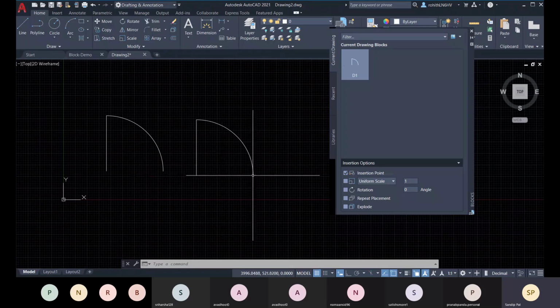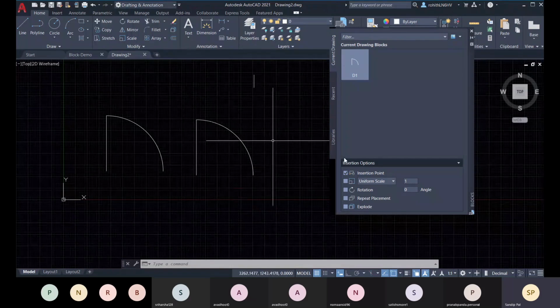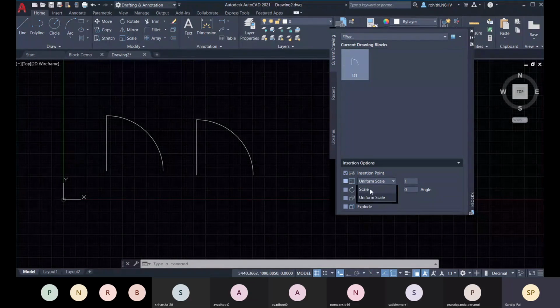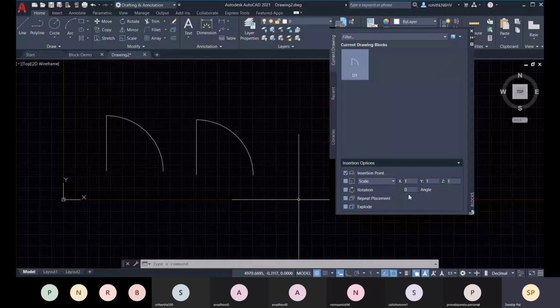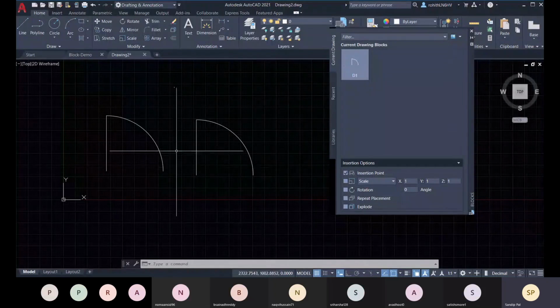It will work in x, y, and z dimensions. Or you can choose scale and put the scale factor for each dimension separately. As per the requirement you can set either scale or uniform scale. So now tell me, will it be applied in x direction or y direction, or x and y both?